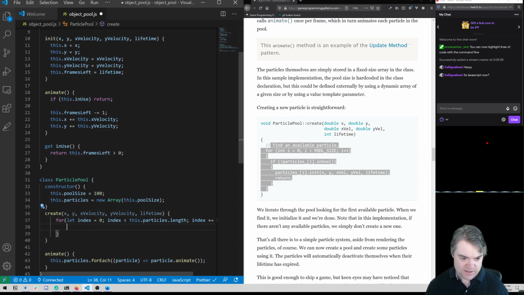All right, so that gives us there. If that particle is in use, so if it's not in use, so if not this.particles of position index.inUse. And again, remember, I don't need to put the parentheses on it because it's a getter. So if it's not in use,